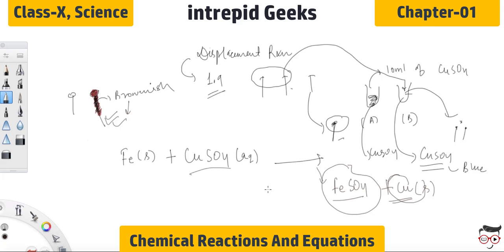So why is iron able to displace copper from its solution? It is because it is more reactive. Can you name some other elements which are more reactive than copper? Please try to find out. Also try to figure out the reactions related to those elements. This is a kind of homework for you.